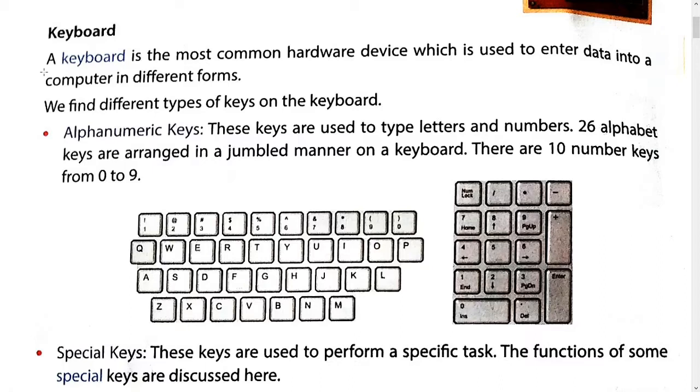CPU is called the processing unit. All the processing work of a computer occurs here, and there are three main parts of the CPU: the memory unit, the control unit and the arithmetic logic unit. The memory unit stores the data and instructions to be processed, and the control unit controls and transfers the information from one part to another. The arithmetic logic unit performs all the arithmetic and logical operations of the computer.